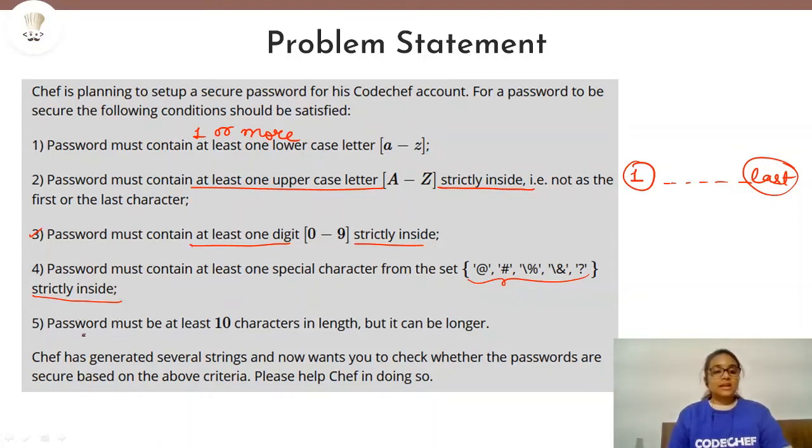So it is given that the password must contain at least 10 characters in length, but it can be longer. It means that the length of the password should be greater than or equal to 10. It cannot be less than 10. Otherwise, the password will not be secure and it will not